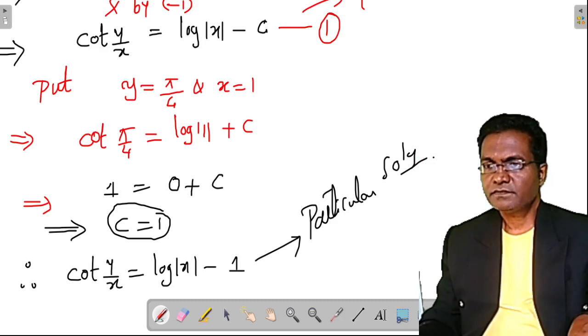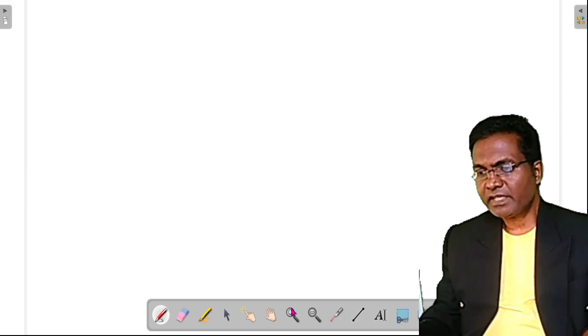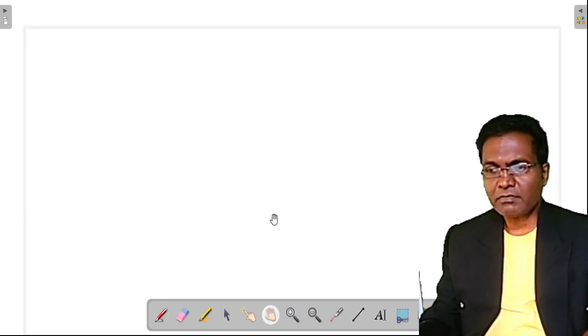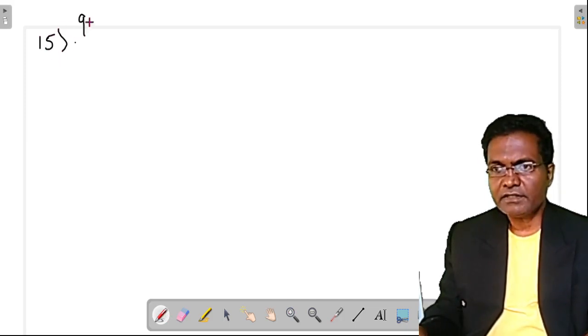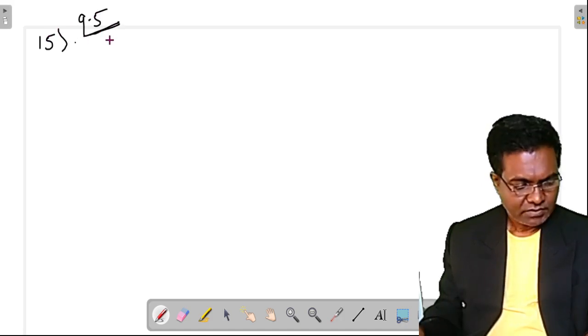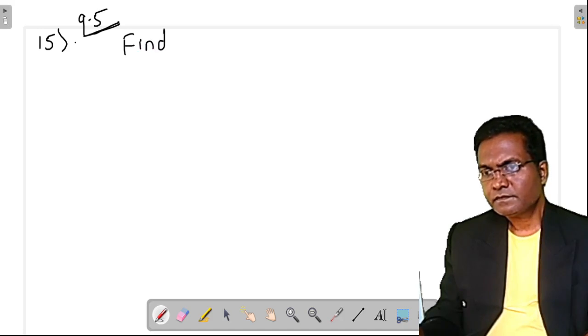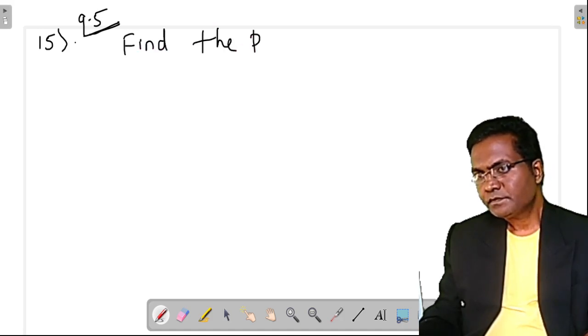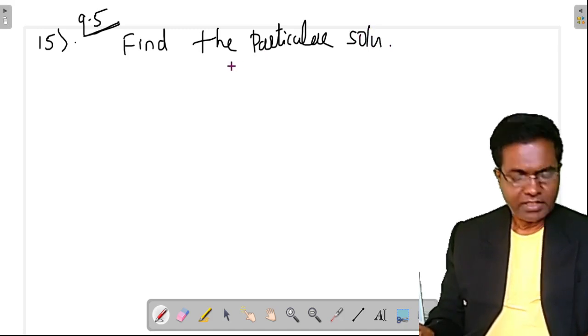Okay, next. Here is one more example from the exercise. That was problem number 13, and here is problem number 15 of exercise 9.5. Find the particular solution of the differential equation